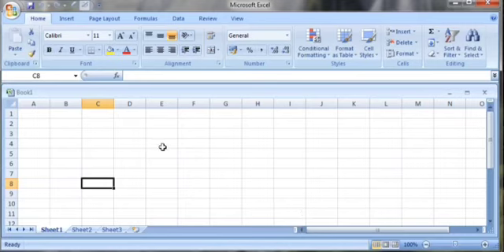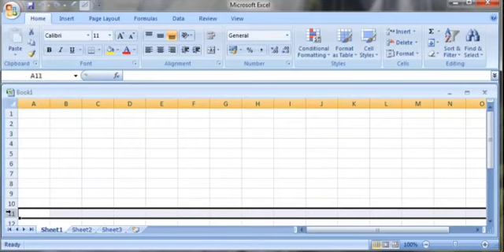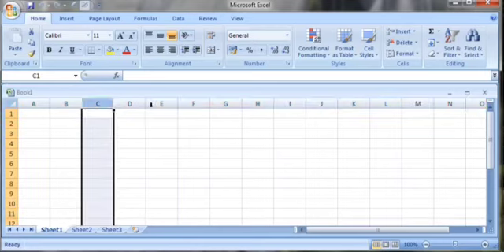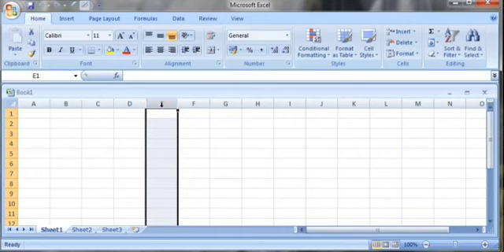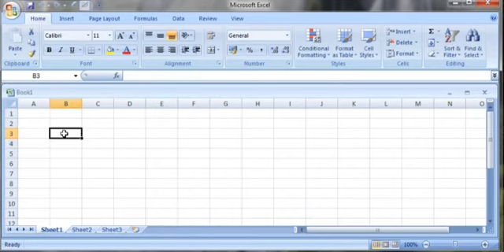You can call it as x-axis, and this is vertical axis, or it is y-axis. The area which is parallel to x-axis or horizontal axis is called as a row, and area which is parallel to vertical axis or y-axis is called as a column.